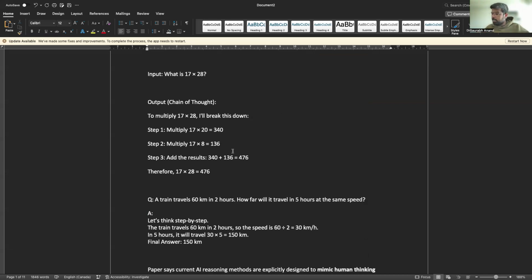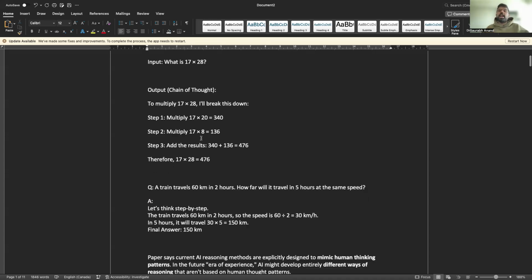Basically, it is not that the model is actually thinking. The model is provided a set of inputs and outputs. It's quite similar to the traditional way LLMs learn. It is not learning through experience. The model has been shown tons of good examples that imitate how humans think, where you provide a question, the thinking part, how you think and how you reach the answer, and then the final answer.